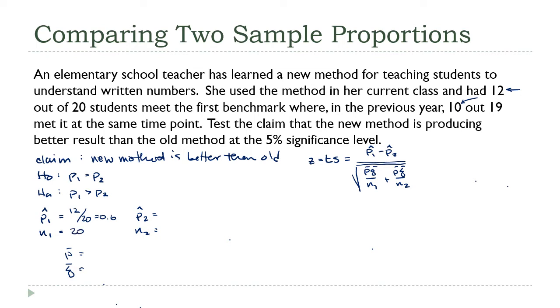P2 hat, that is the previous year, so that's 10 out of 19, which is 0.5263, and sample size is 19. All right, so P hat, remember this is x1 plus x2 divided by n1 plus n2. So let's see, 12 plus 10 divided by 20 plus 19. That comes out to